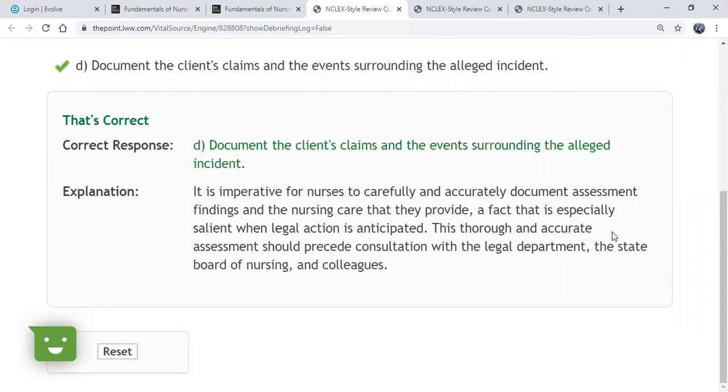Okay, document the client's claims and events surrounding the alleged incident. Always clearly and accurately document, okay? Because a lot of times when you're involved in a lawsuit,